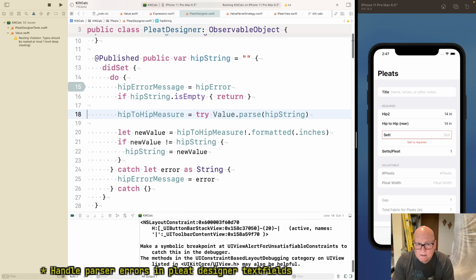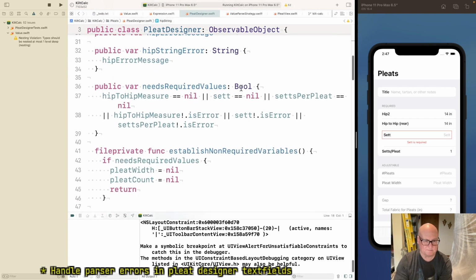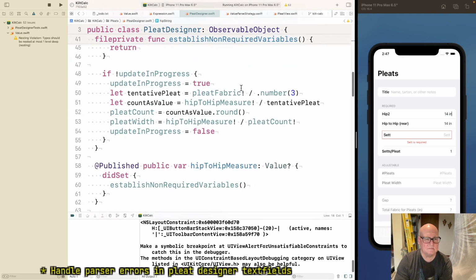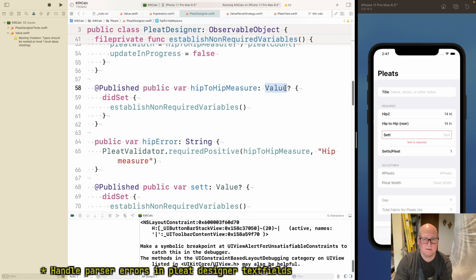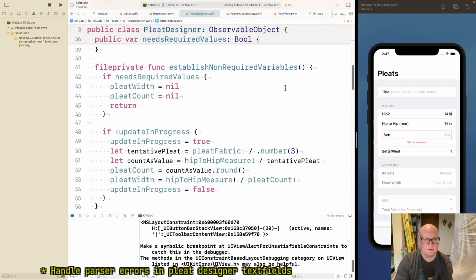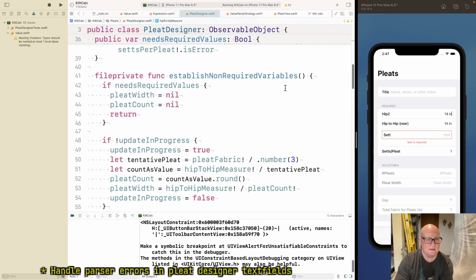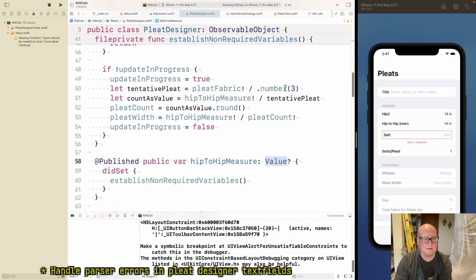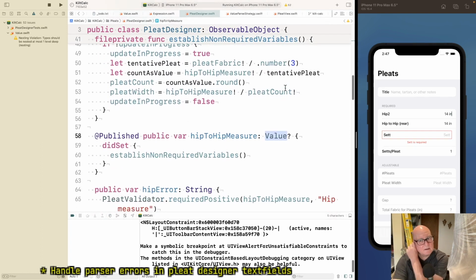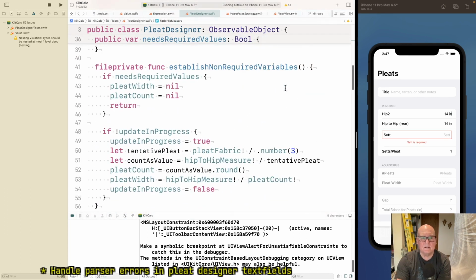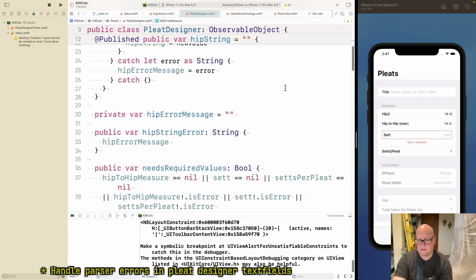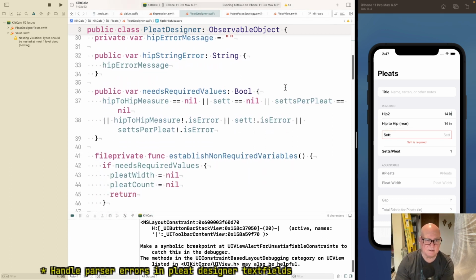But this other thing is really interesting. I don't know why it's happening exactly. Hip to hip measure is a value. Like, how does it know that it's expecting inches there, right? Because our inches parser doesn't assume inches; it just accepts inches.